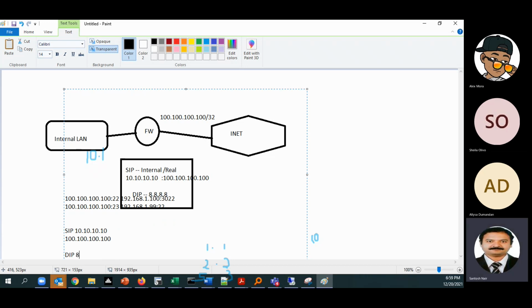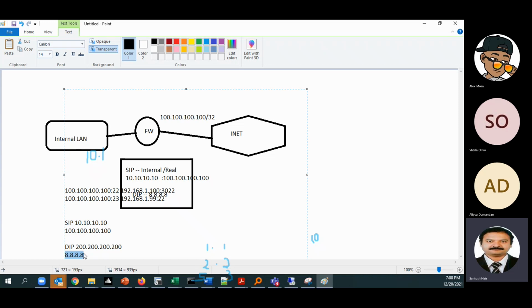If the destination is 10.8.8.8, what we have to do is, whenever the destination is coming as 200.200.200.200, the destination has to be translated to 8.8.8.8. So we can translate both the source and the destination.